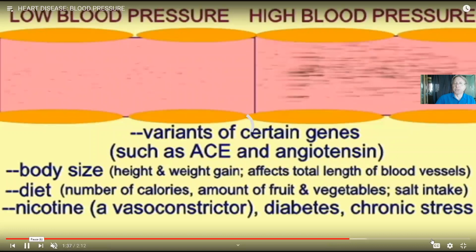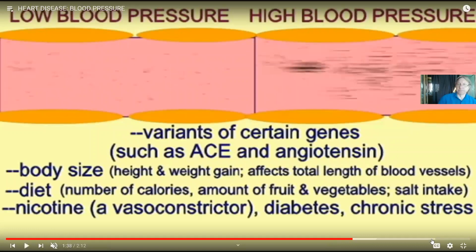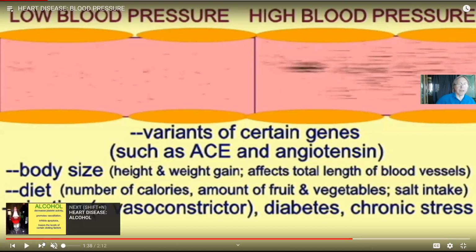And as a result of this genetic variation, some of us are more likely to have higher blood pressure. But then in addition to diet, weight gain, other things like nicotine and salt intake can increase blood pressure. So there are both genes and environmental factors which can affect